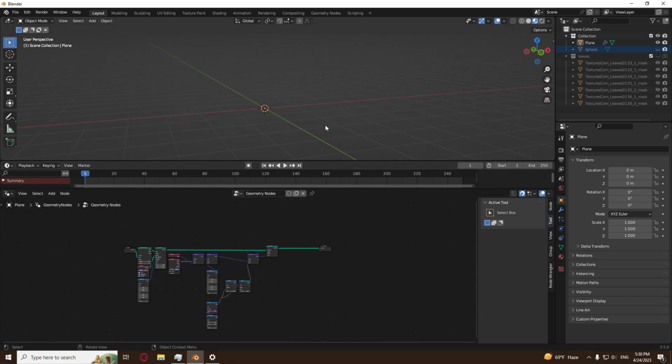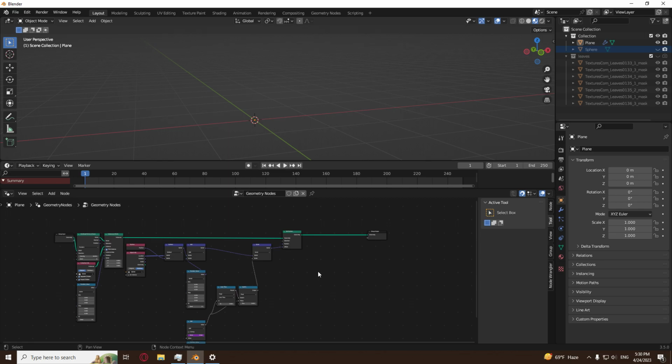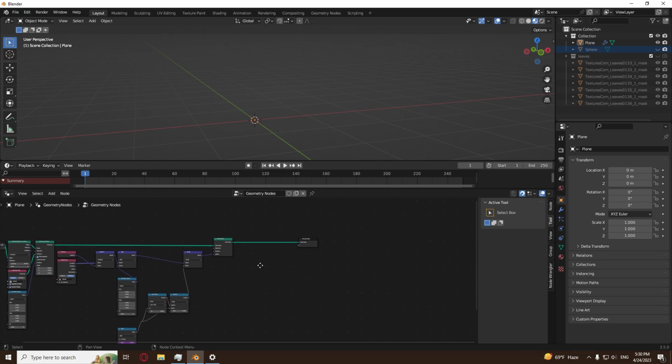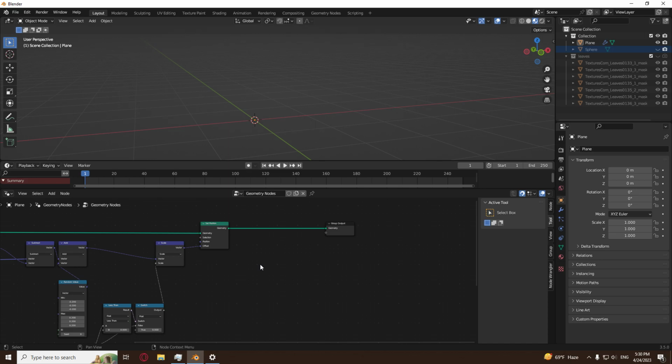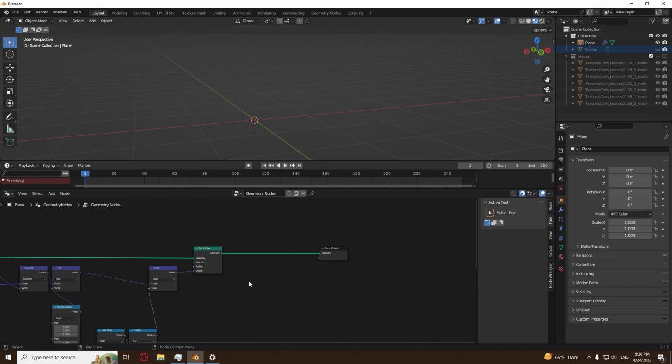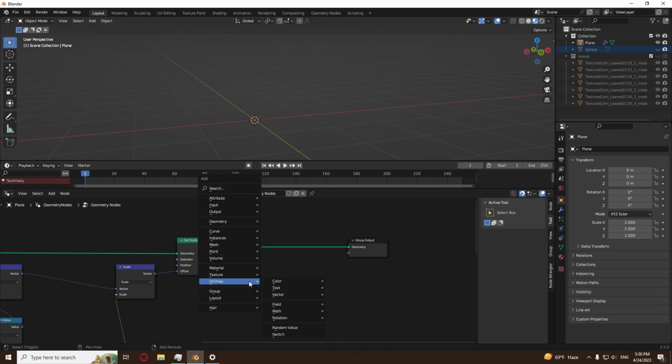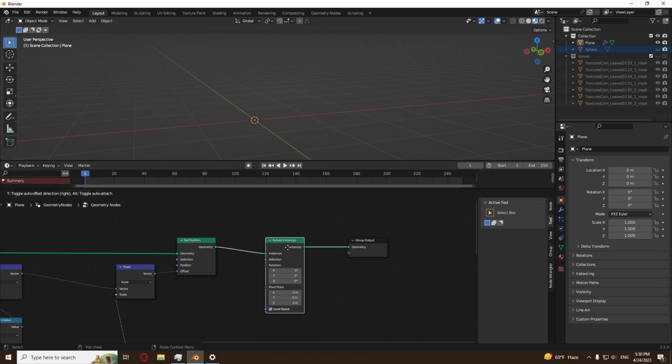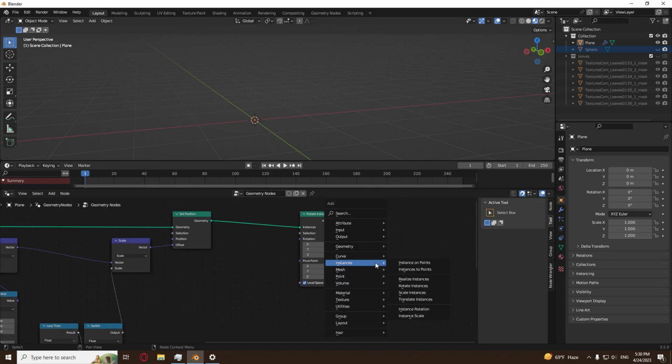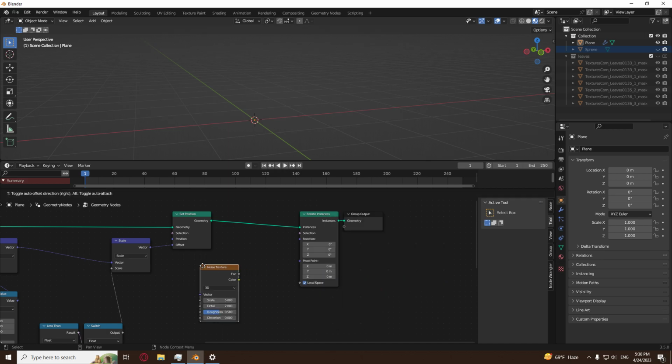Now, this is it. This is all that we want to do. Actually, no, that's not what we want to do. There's something else that we need to do. And that something else is rotating them, make them fall like the way I did in that previous project I showed you in the beginning. So we need to go to instances, rotate instances. And afterwards, what do we need to do? Yeah, we need to rotate them by a noise texture,